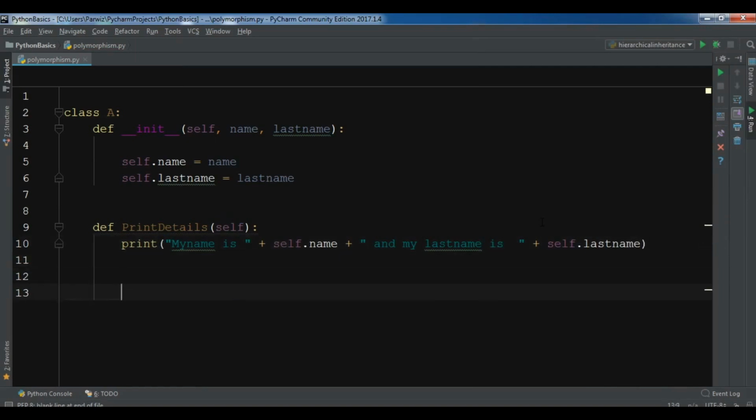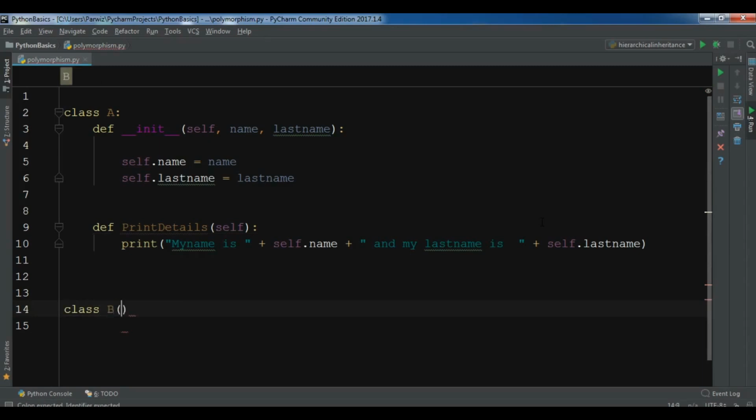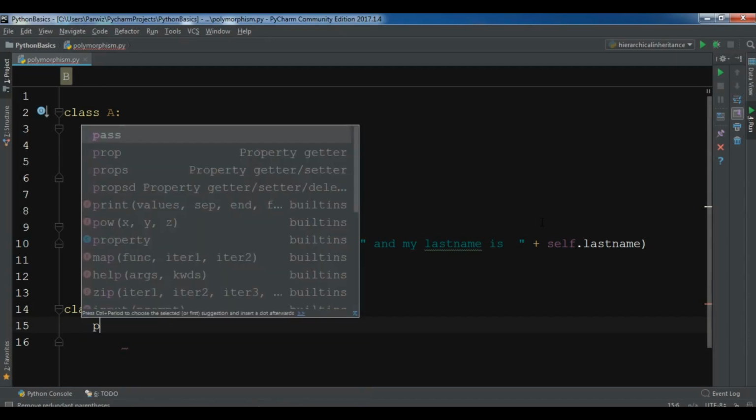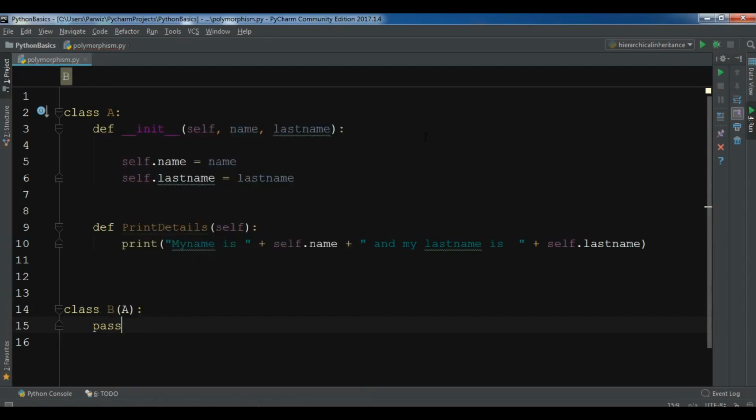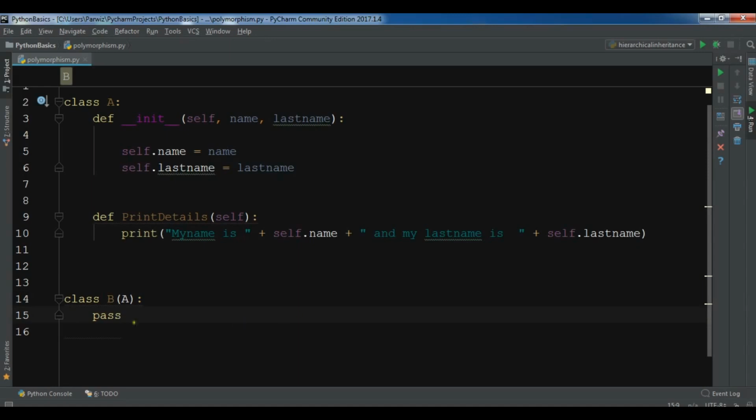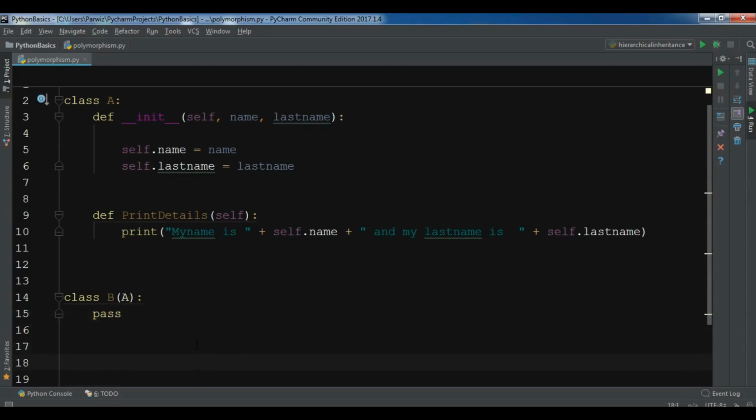After this let me create another class, so class B. Now this class inherits from class A. And right now let me just pass this class. Okay, now you know from the inheritance definition that now this B class can access all attributes and behaviors of my base class. So if I create, for example, first let me create the A class object,